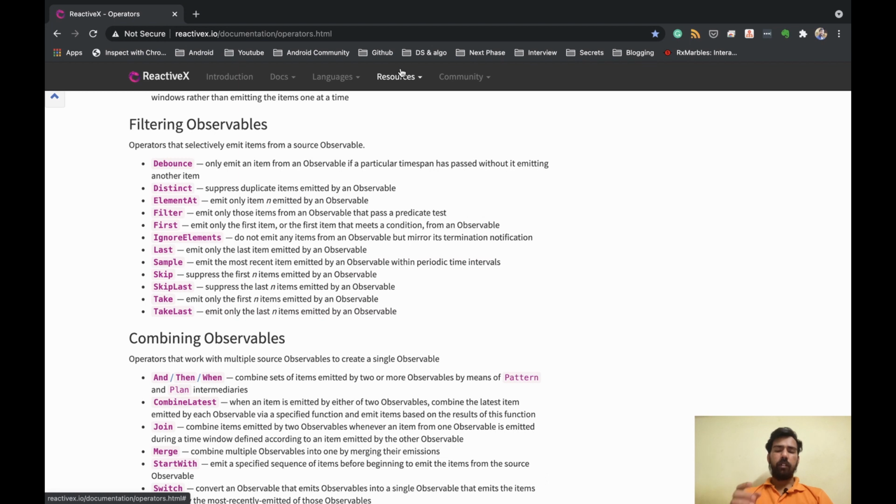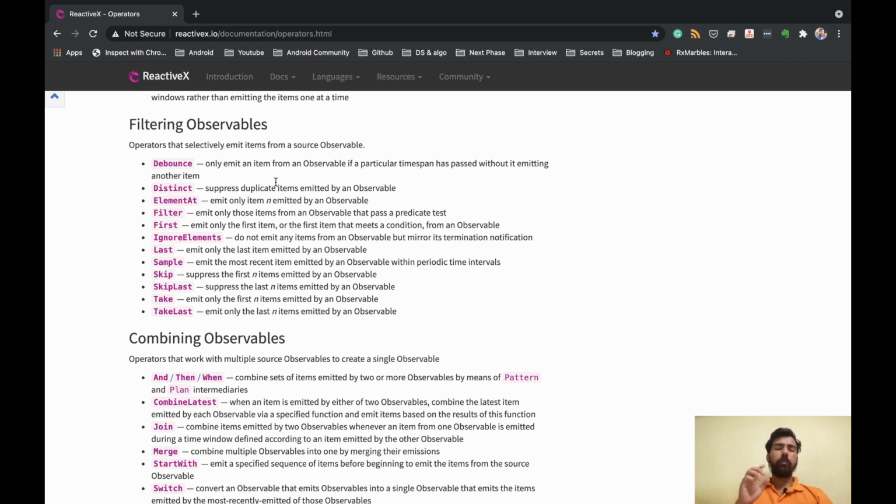The real life example of debounce, which is mostly used in Android, is the search view. When you type something in an app, it will take about half a second to load the data. Why? Because on every character typed we will not hit our API call, because it's a costly operation. So when you type something, we wait for half a second or 1 second and then output the results. In that case we use debounce. When you type, we'll hold all the characters. After the last character of the string, when you stop typing, then the API will be hit.